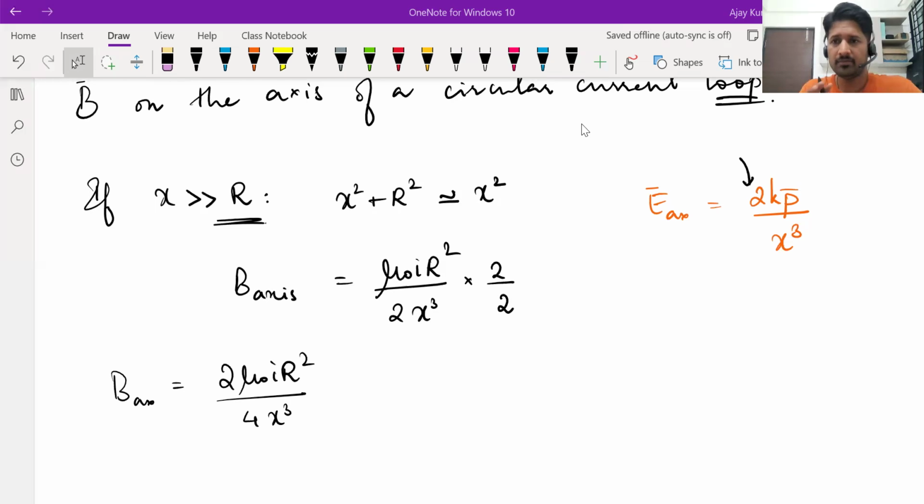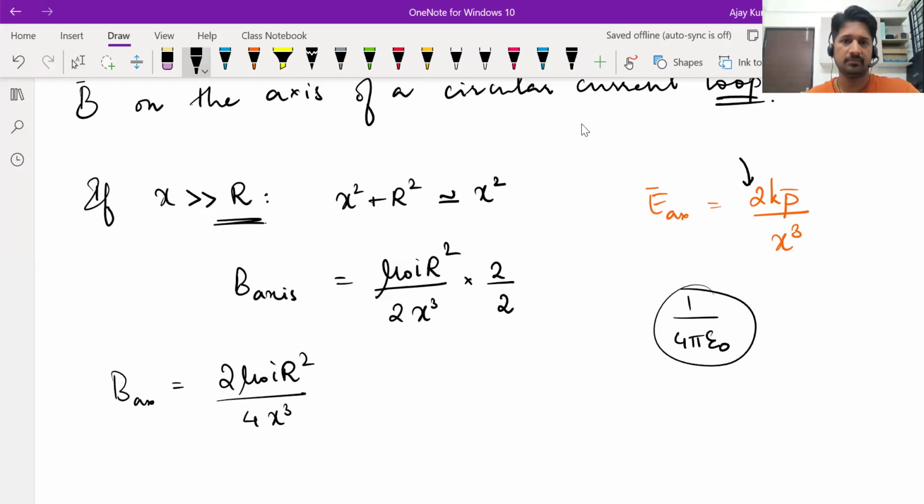So remember, in electrostatics, wherever you get 1 by 4 pi epsilon naught, in magnetism you get mu naught by 4 pi, where mu naught is the permeability of free space. So in the electric field formula, there is a K, there's a 1 by 4 pi epsilon naught. In place of that, in magnetism, you will see